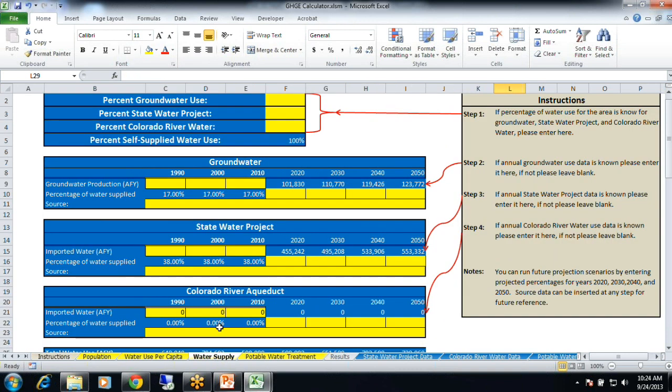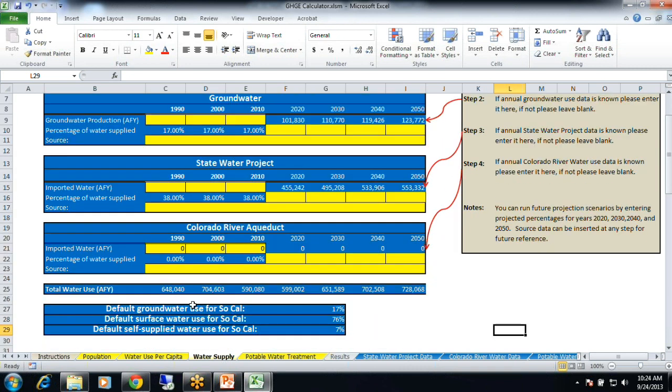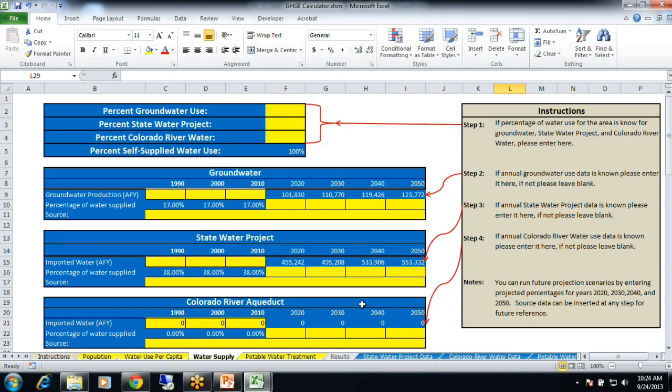We're ready to go to water supply. Now, this is where Orange County really differs from the baseline. So baseline or default data for Southern California is down here, and it's 17% groundwater, 76% imported water, and 7% self-supplied water. Now, Orange County has a predominance of groundwater, so they're at 75% up here.